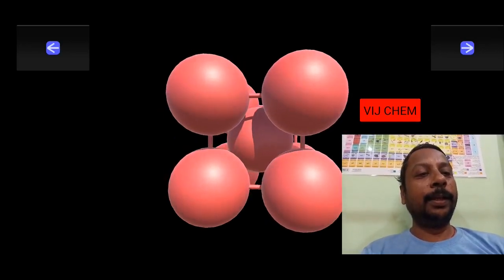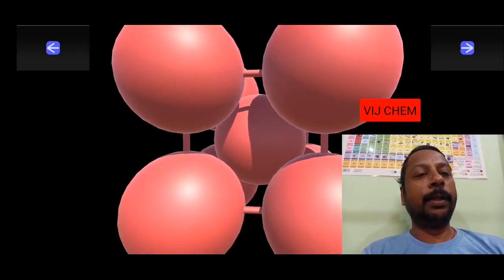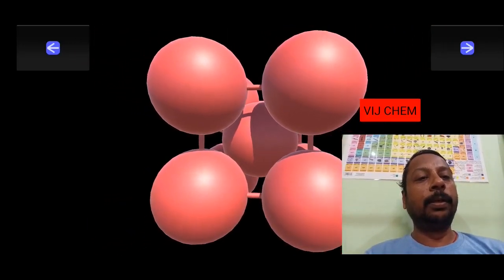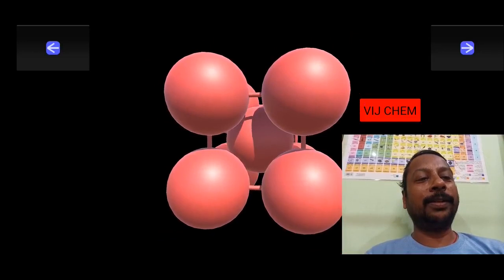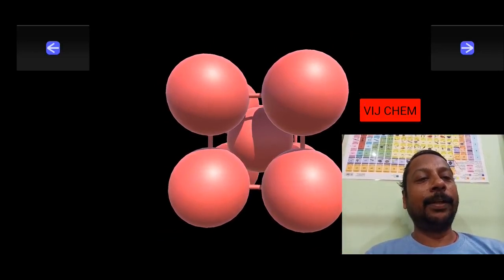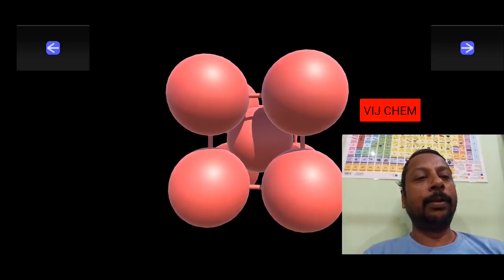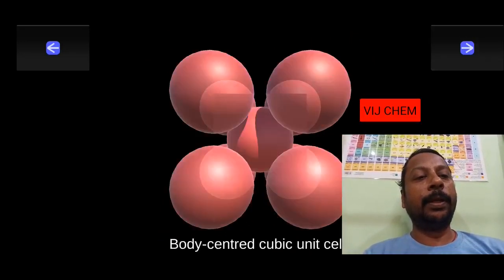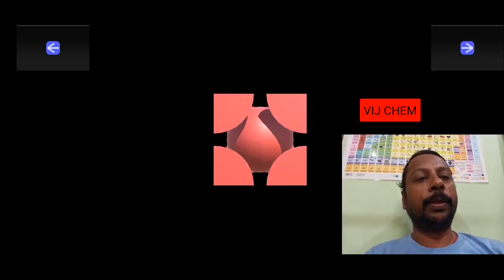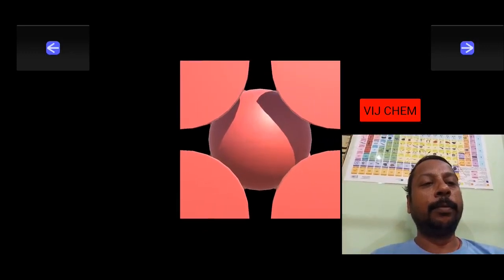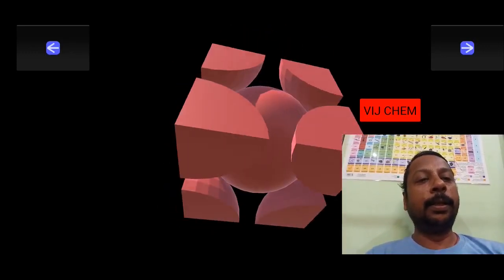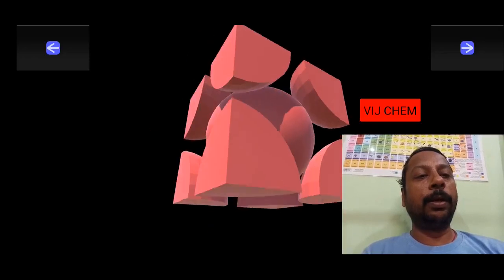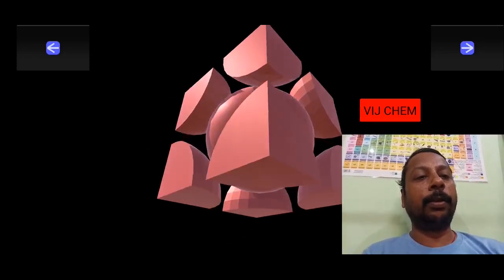So after showing with animation, at least you should be able to see. Now I am going to cut it. Okay, when it is cut, 1/8 portion is left over. But see, nicely, the full body center is inside only.